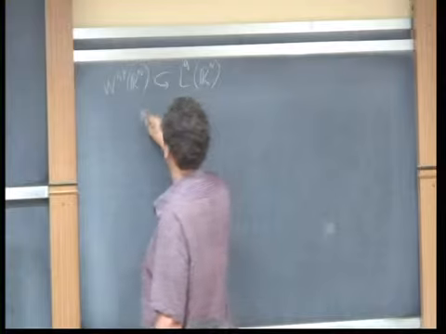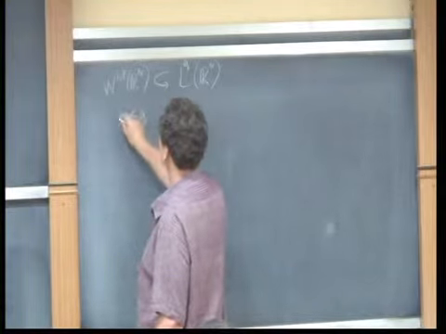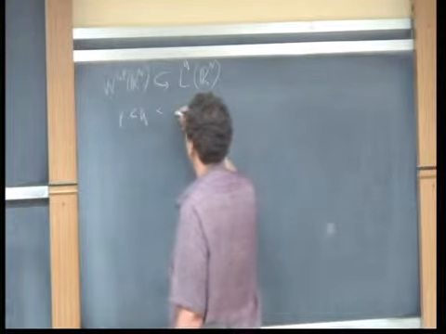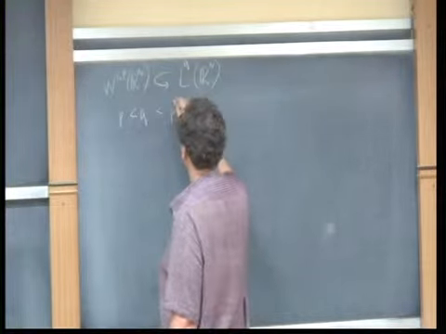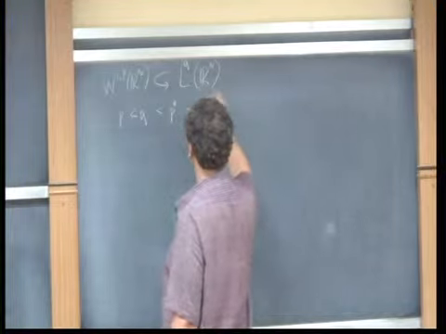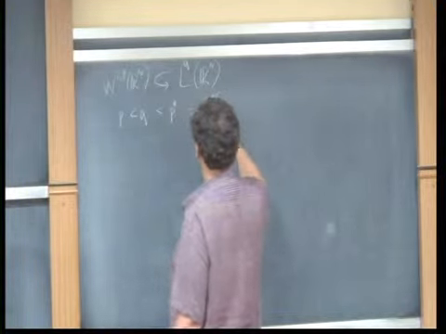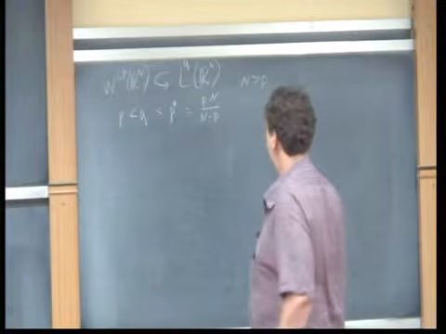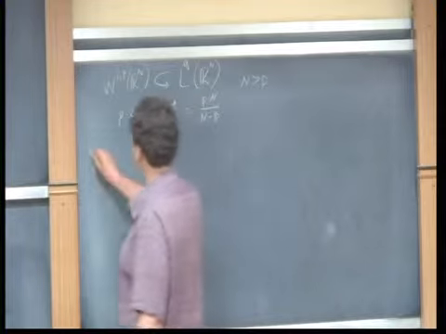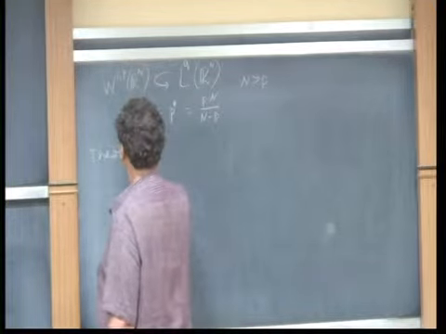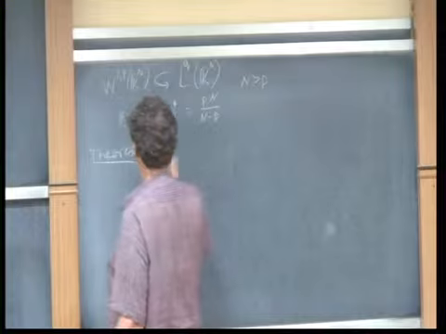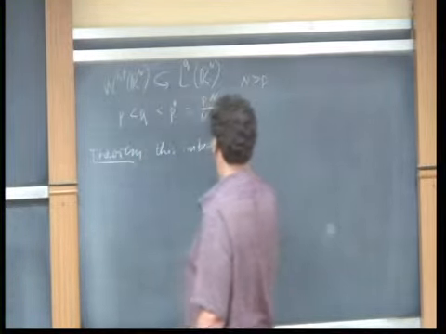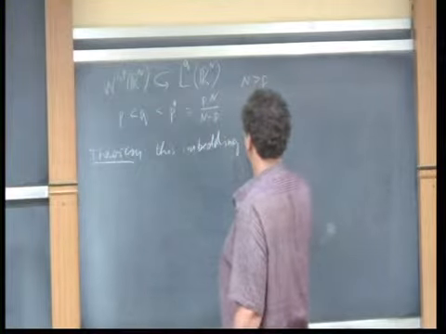So q will be... I'm interested in values q strictly less than p, strictly greater than p, and strictly less than p star, which is pn over n minus p, and we assume that n is greater than p. So the theorem: this embedding is, of course,